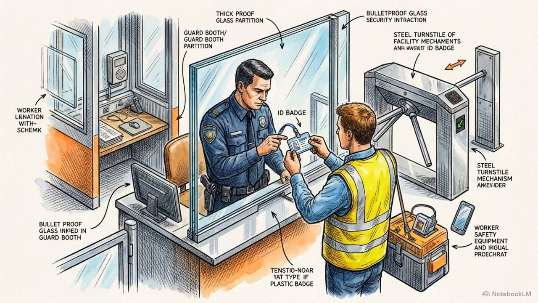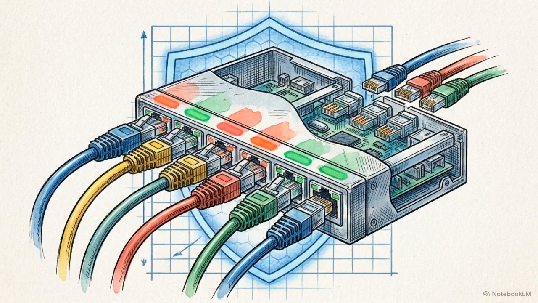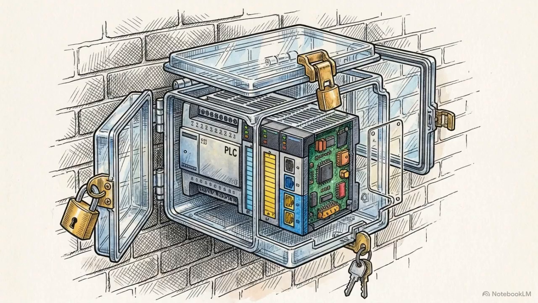Layers 1 and 2 focus on the human element, implementing rigorous management policies and strict physical security controls, dictating who can even enter the facility. Layer 3 introduces network controls. This relies heavily on the IT and OT firewall boundary we just established to filter traffic. Finally, layers 4 and 5 apply hardware and software controls directly within the isolated OT zone, locking down endpoints as